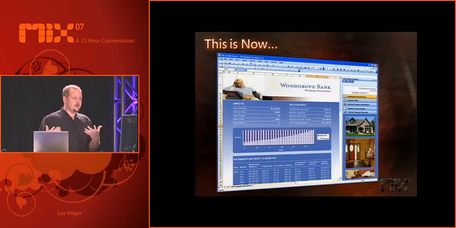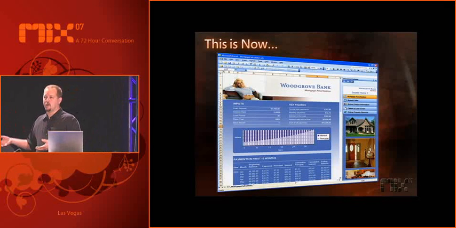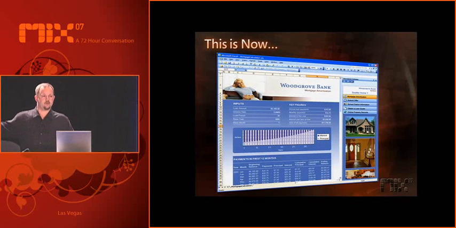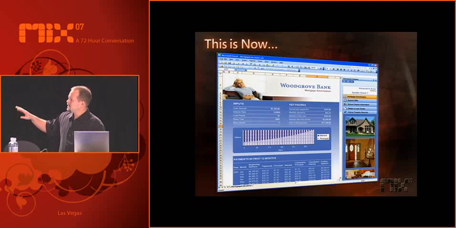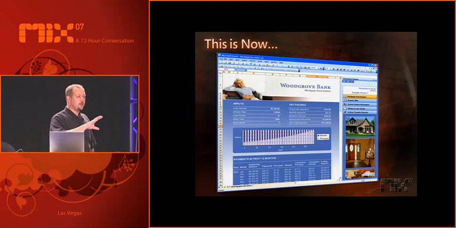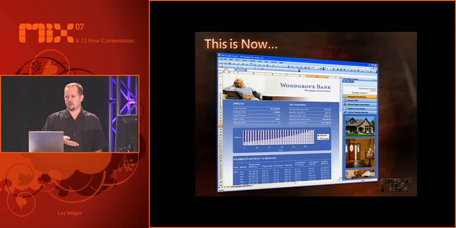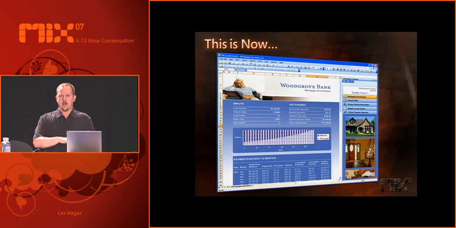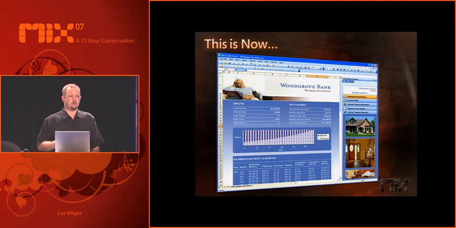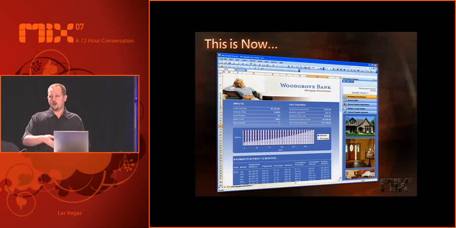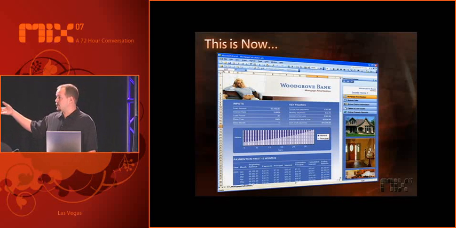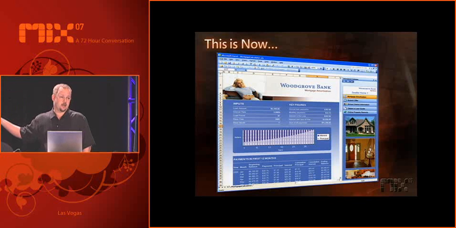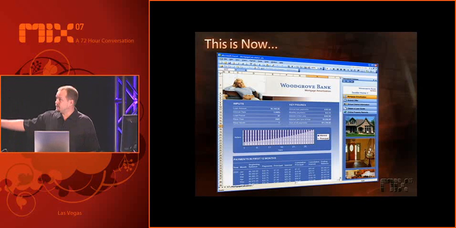Well, this is kind of the now. This is what we have nowadays in the experience of Office. And I've very specifically picked this first picture because you'll notice, and it's actually a little bit hard to see, but if you look in the title bar, this is actually an Office 2003 application, right? I'm actually here to talk about Office 2007, but anybody that has Office 2003 today, and I was talking to the gentleman in the back, he said, hey, do I have to upgrade Office because I just got Vista? You don't. You don't have to upgrade Office to get this great experience and be able to deliver these types of applications, right? So everything that you're looking at, that's a custom task pane.